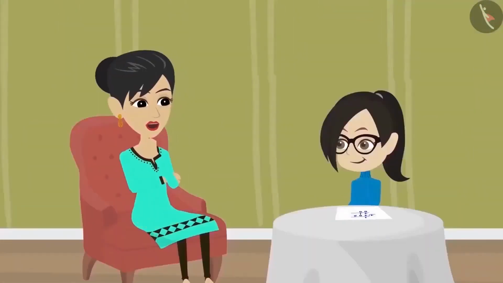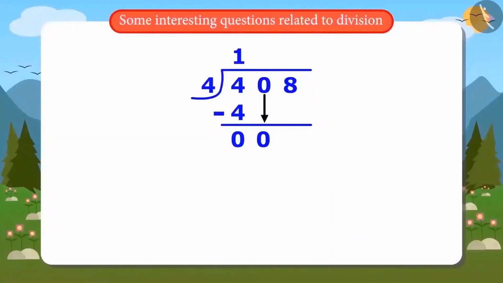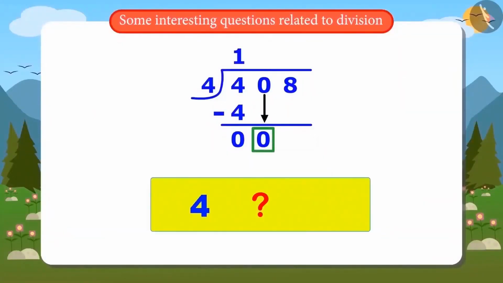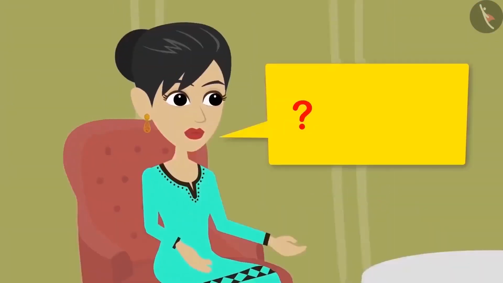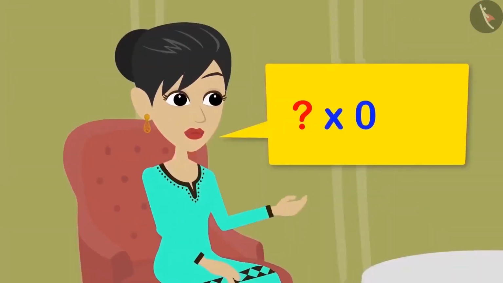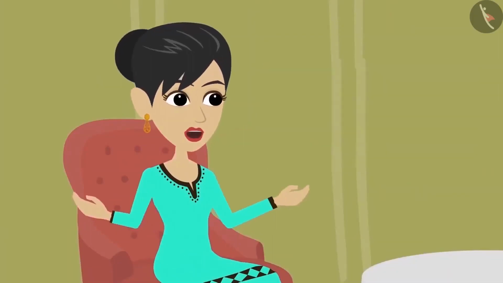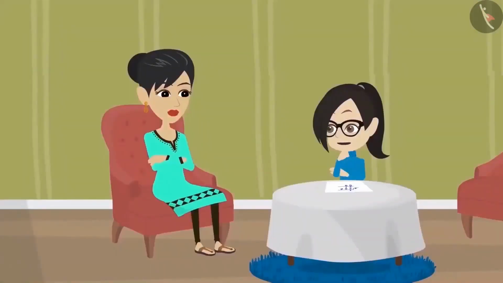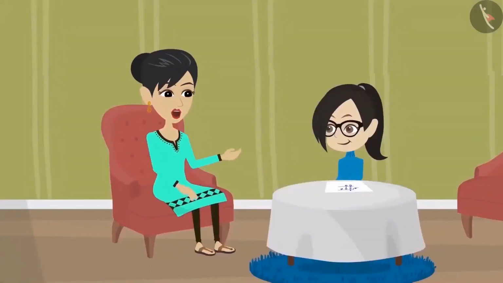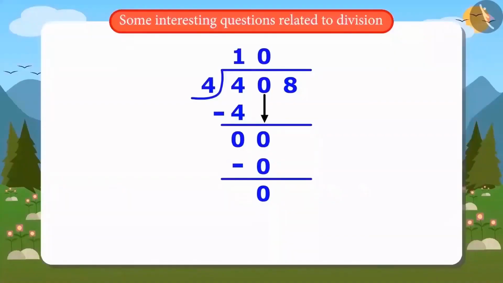Now I understood what you were doing wrong in dividing. Look, when you wrote 0 down, you have to think by which number should we multiply 4 to get the answer as 0. I didn't understand, Mother. How will we get 0 as the answer? Whenever we multiply any number by 0, we get the answer as 0 only. In this way, we will here multiply 4 by 0 and we will get the answer as 0. So, the remainder will be 0. Oh, now I understood this. Yes, Vandana. Now complete the division to obtain the correct answer.